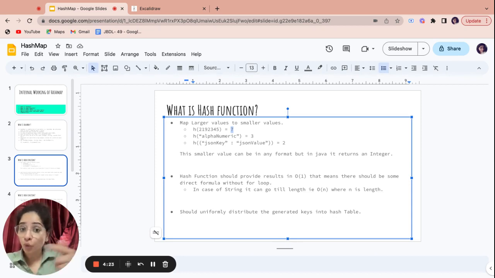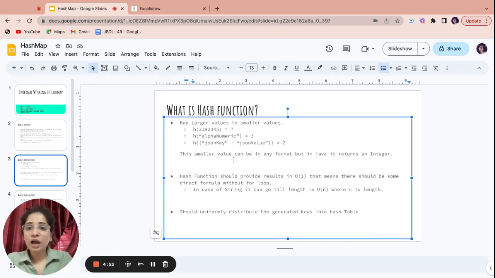There should not be for loops inside it, in case of integer. But in case of string, I will treat this a as a different element, I'll treat this l as a different element. So in case of a string, it can go to order of n. It should not be more than order of n. So the hash function should return this value in very very small time.